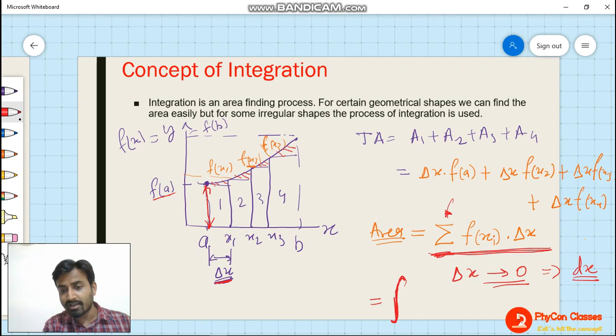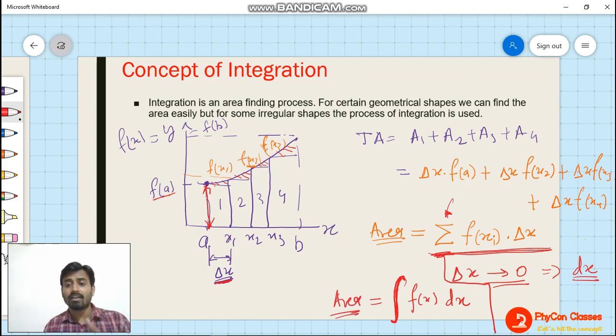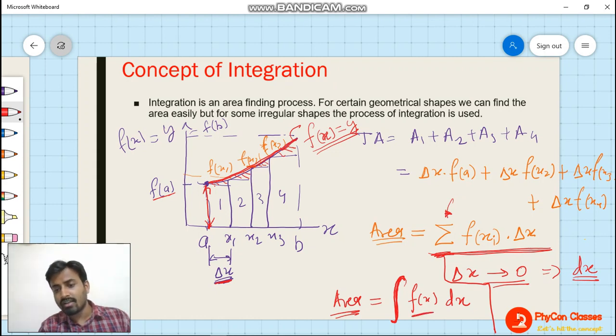This snake kind of sign. Now this is the integration sign, and with dx, function of x, this area can be calculated accurately. 100% accurate area can be calculated using integration, which is a mathematical tool. See, this curve is actually drawn out of some function of x. Y is equal to function of x. Right? Now this functional value, you just write it here, multiply with dx and integrate it from a to b, and then you will find out the answer.